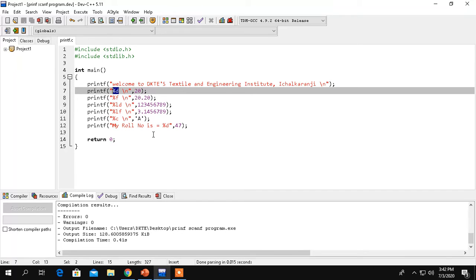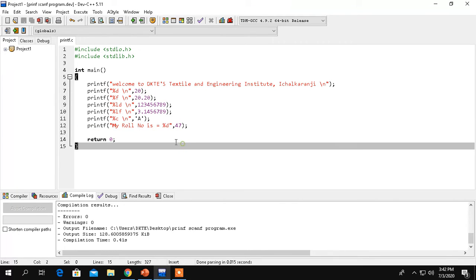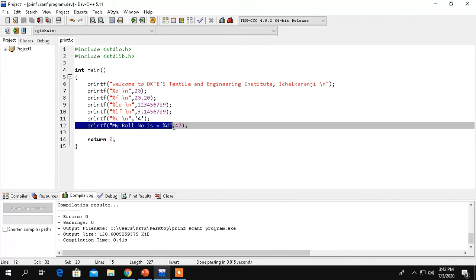To have that integer value we have to consider %d, and whatever value we are going to display over the output window, that we have to write after this comma. So what is our output for this printf function? In the output window we will have one message like this: my roll number is equal to 47. So this %d will be replaced by this number 47. Again we have to complete this printf function by a semicolon.